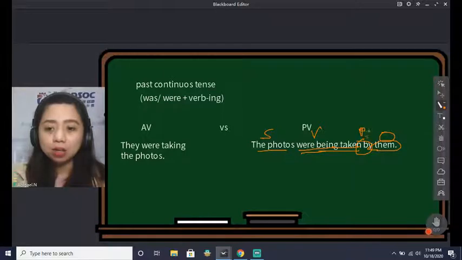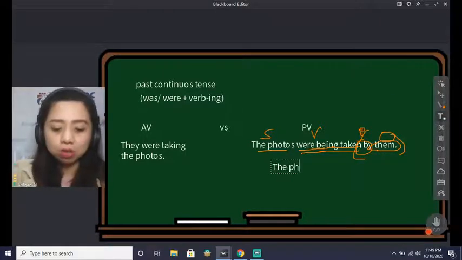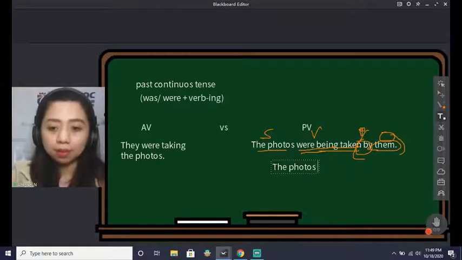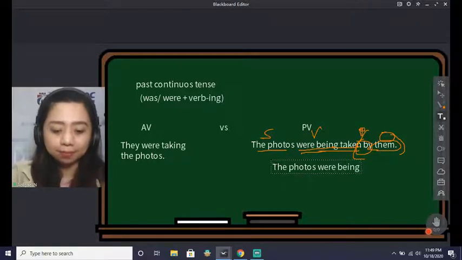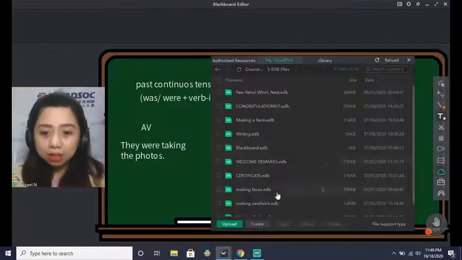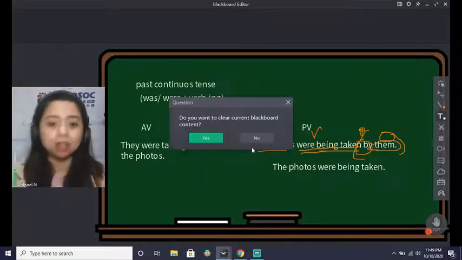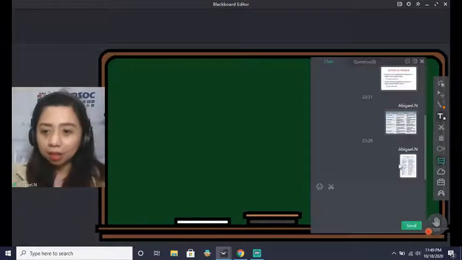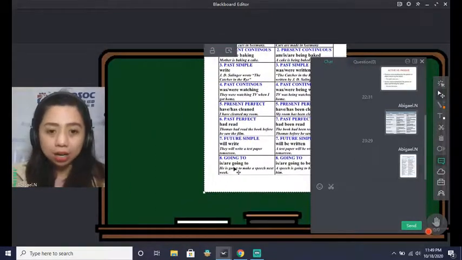So again, this is optional. You can also say the photos were being taken. And that's it. So let's continue. Clear the board. Next we have